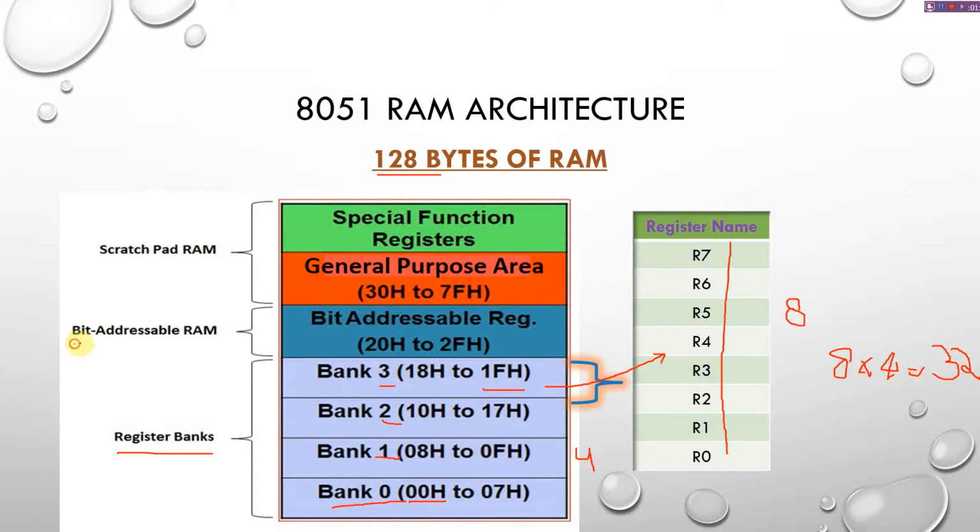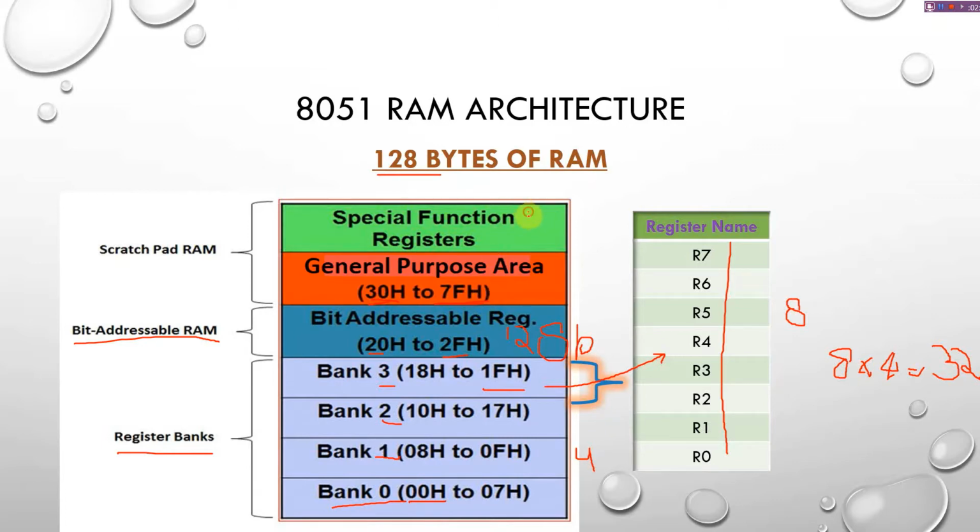Thereafter the area is located to the bit addressable RAM, which consists of the area where individual bits are addressable. So any application requiring a single bit memory location can use this area, which is assigned from 20 to 2F in the memory and having in total 128 bits. The next is a general purpose area, which is occupied from 30 to 7F. This can be used for any purpose during the execution of the program where the data manipulation is being taken care.